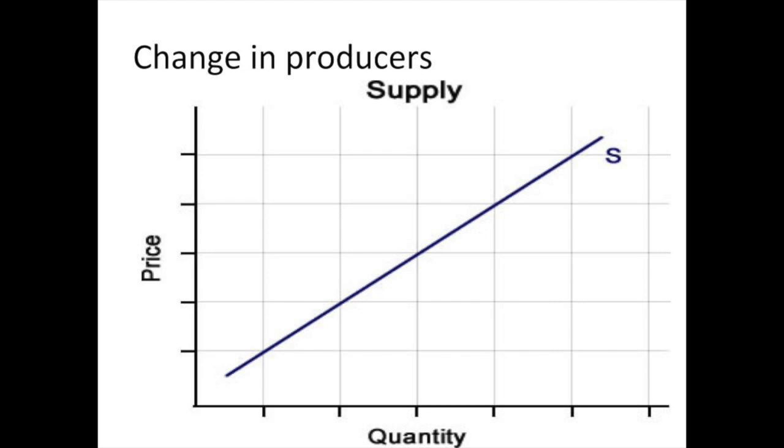The supply of a product can also decrease. If the market is showing that the product is not successful, there will be fewer producers of that product. There's no money to be made. As a result, we will see a new supply curve shift to the left, indicating a decrease in supply.